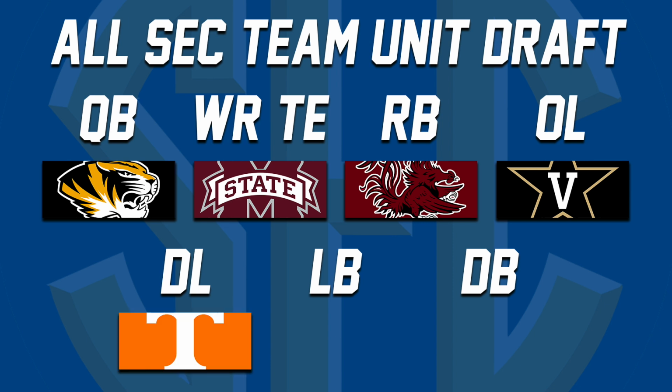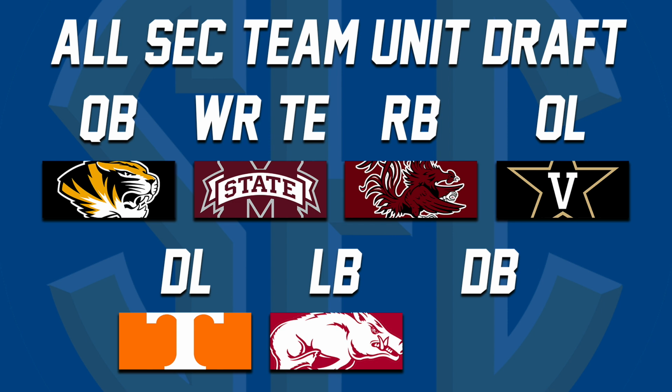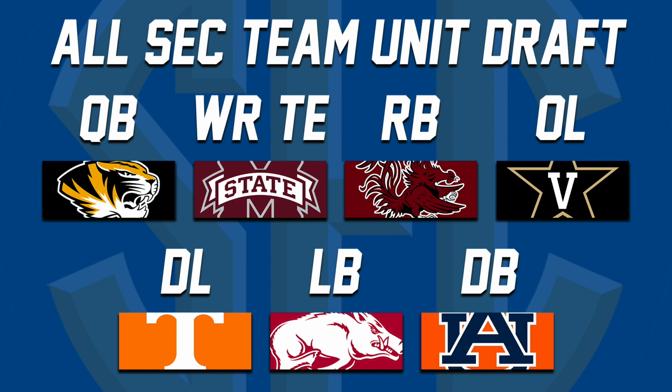D-line, I took Tennessee's. Linebackers, I took Arkansas, the Razorbacks. Obviously, they're going to have guys like Grant Morgan and Bumper Poole. And then finishing off with the DBs, I had the Auburn Tigers, obviously highlighting a guy in Smoke Monday, probably being the best guy out of there. But Auburn this season, let's not forget about this DB room, because you're going to talk about your Alabamas, you're going to talk about your LSUs, but in terms of a national level, Auburn's probably a top 10, at least top 15 DB room in all of the nation.